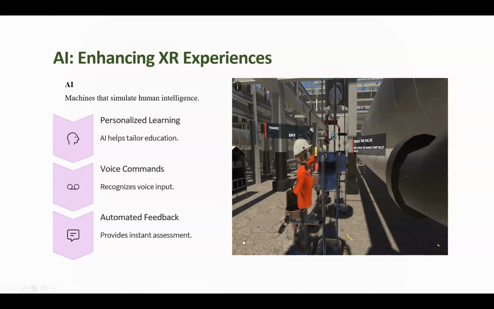The lady that you see wearing a helmet is your AI. As a new employee, you are given this content where the factory, as you can see there, is virtualized.